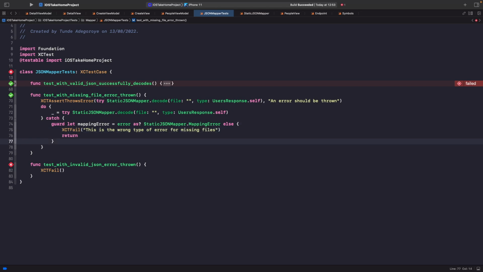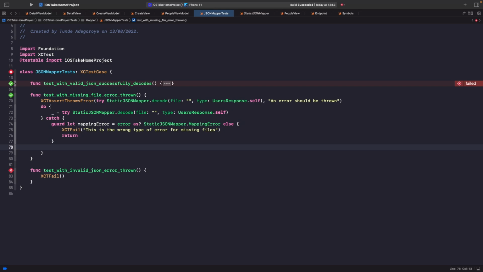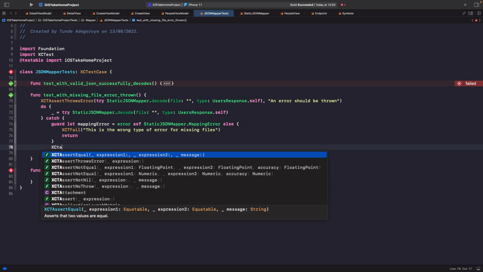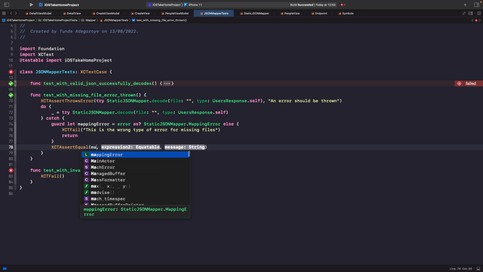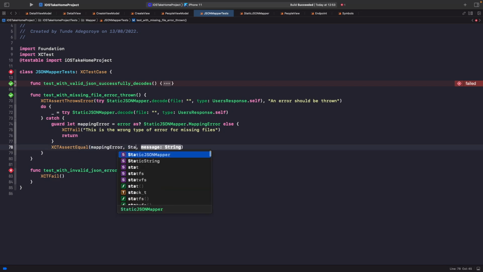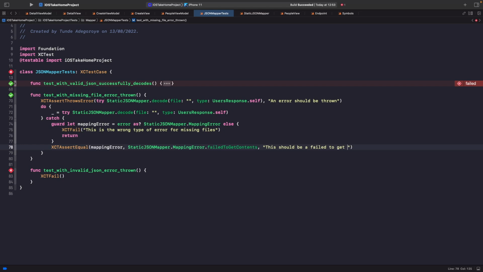Cool. And then if it does pass, we're going to do an XCTAssertEqual, comparing our mappingError to StaticJSONMapper.MappingError.failedToGetContents, and then we're just going to say this should be a failed to get contents